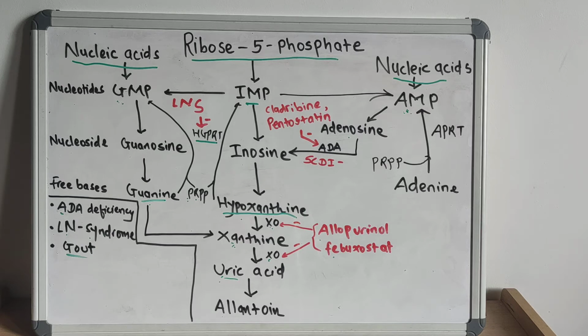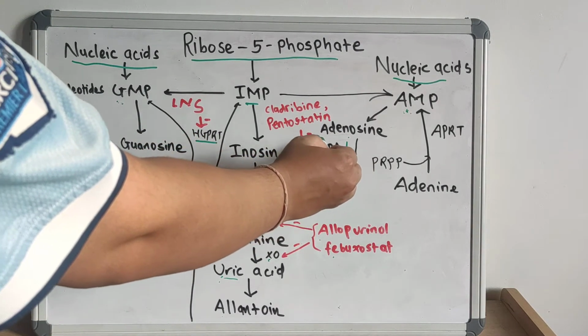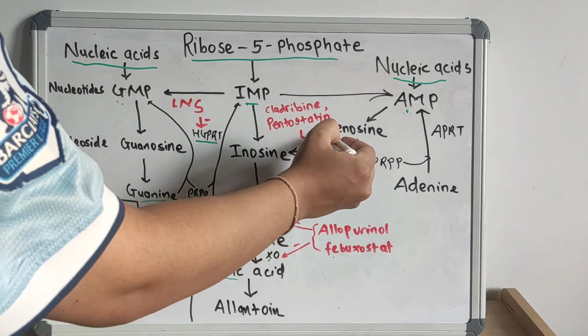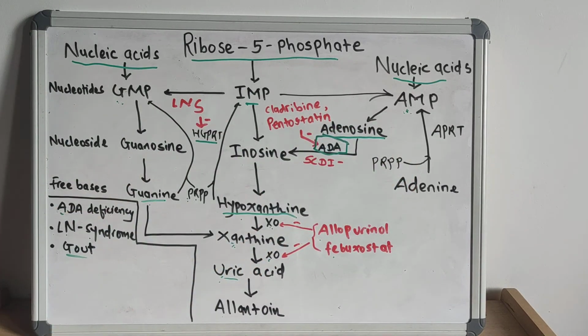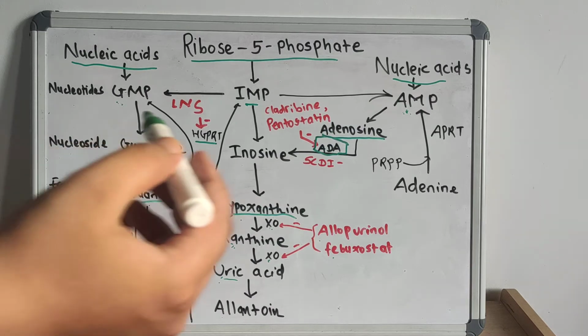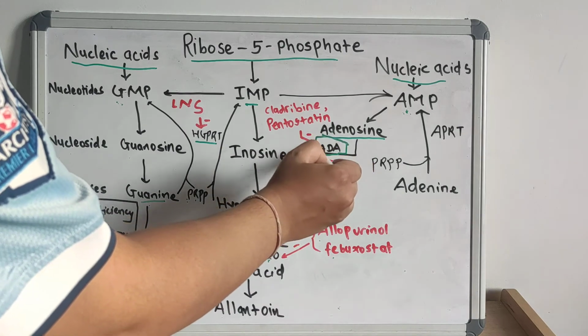Now what happens in the adenosine deaminase deficiency? This adenosine deaminase is required for the degradation of adenosine and deoxyadenosine. So if this enzyme is lacking,